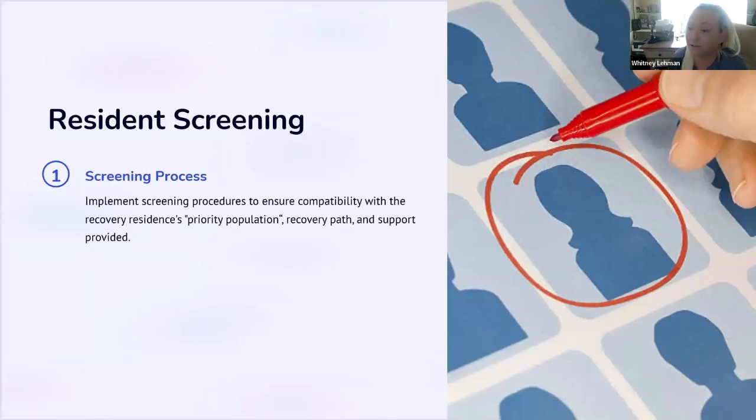Moving on to your resident screening policy and procedure, which to me has always been very crucial. If you screen appropriately and you make sure the right people are coming into your home to maintain the culture of your home, and that are fit for the services that you provide and the culture that you provide, your recovery path, everything, then it just makes for an easy transition into the home and success long term